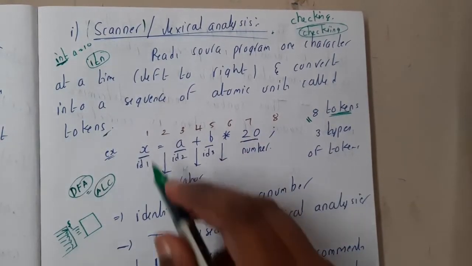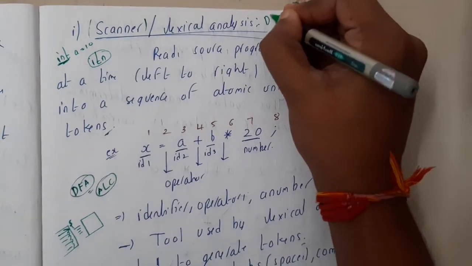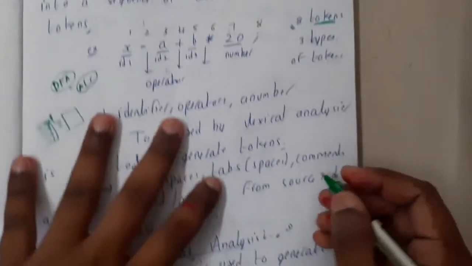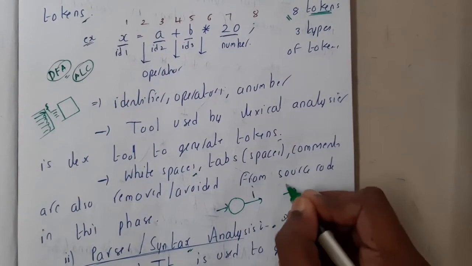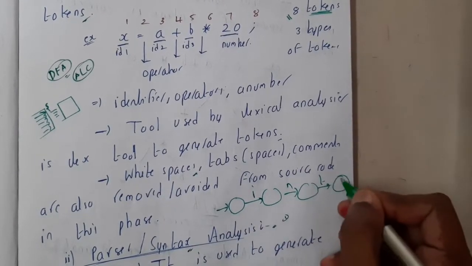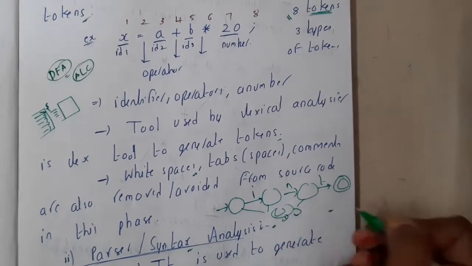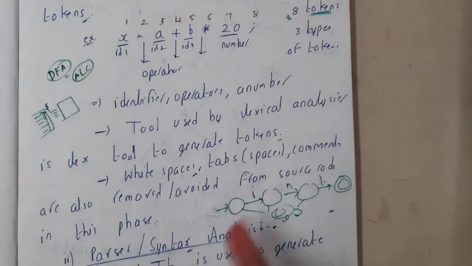For the lexical analyzer, what machine can we build? A simple DFA will be enough. If you want to check int, you can write it this way: the first state takes i, then n, and then t, and this is the output. Any other thing you give, you are going to go to a dead state. Now you understood, right? This is the main reason why I told you there should be some basic knowledge of TOC.